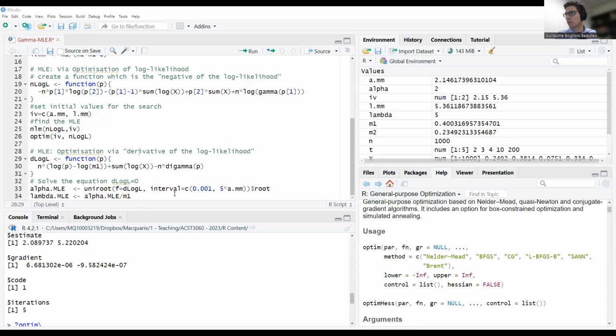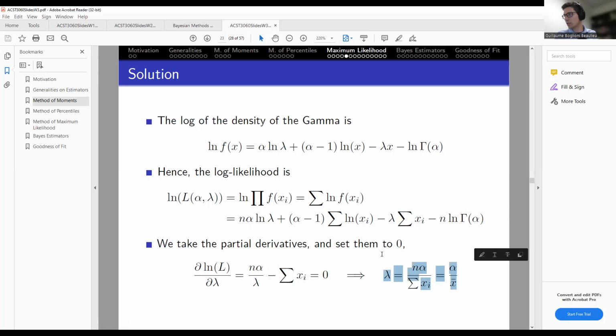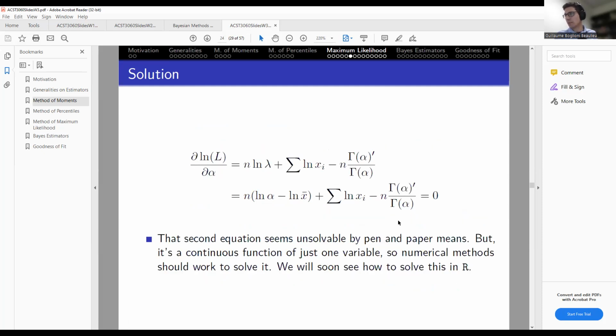With pen and paper, what I did now is I maximized this function with respect to two variables at a time. But we have done a bit more work here. Remember, we actually took the derivative of the function with respect to alpha, lambda, and then we got an expression of lambda as a function of alpha and the statistics, well, the simple mean. Then we did the same here, and with this bit of extra work, we obtained just one